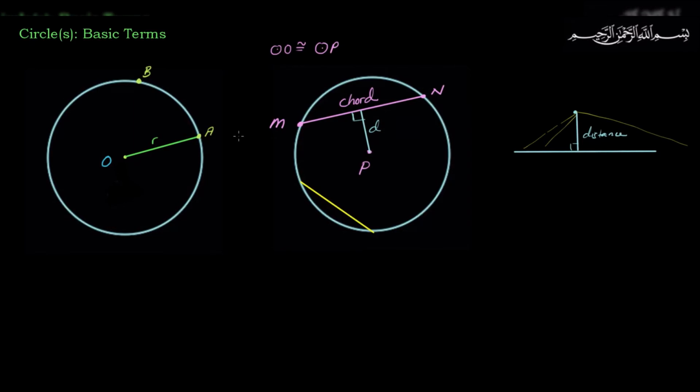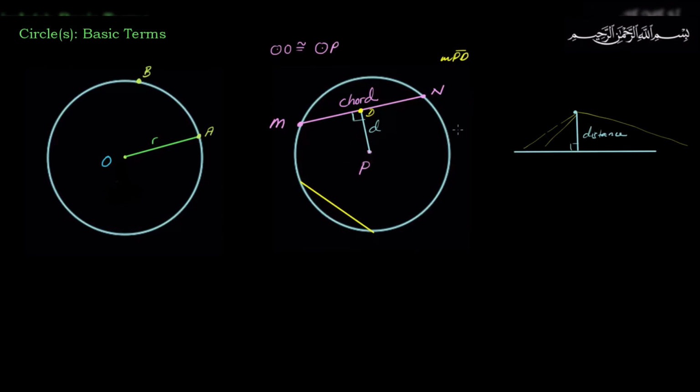So in this case, from point P to this particular chord, you can name this point, I don't know, you just call that point D. So that would be the distance from point P to D. So the measure of the segment PD would be how far the chord would be from the center of the